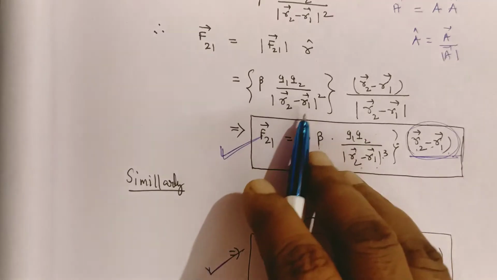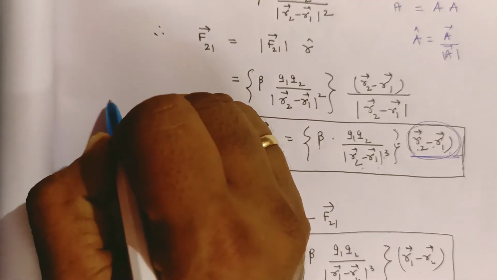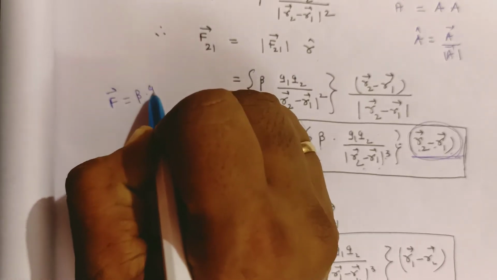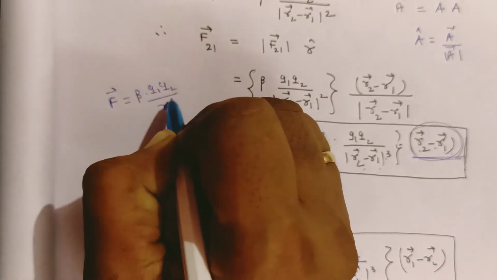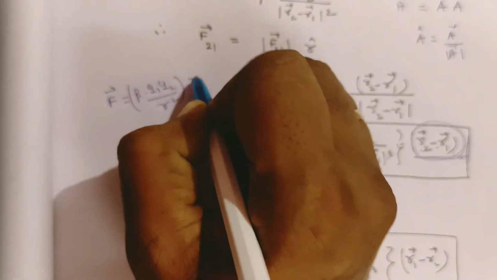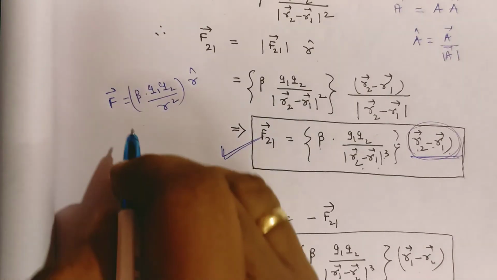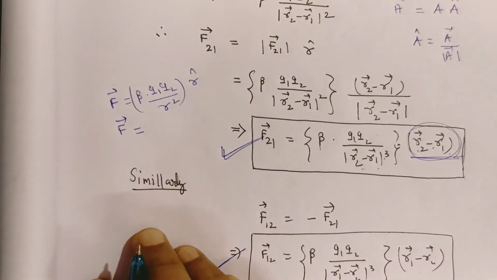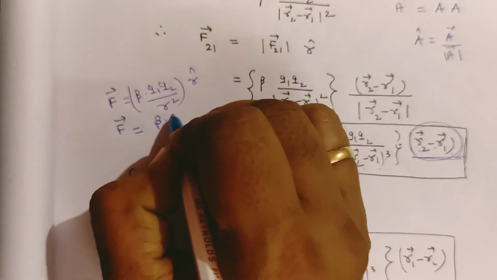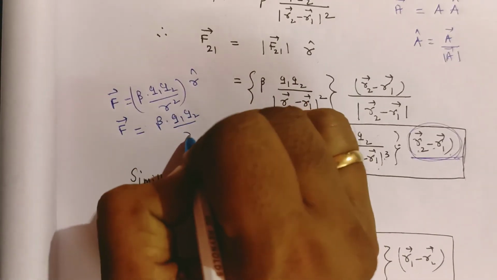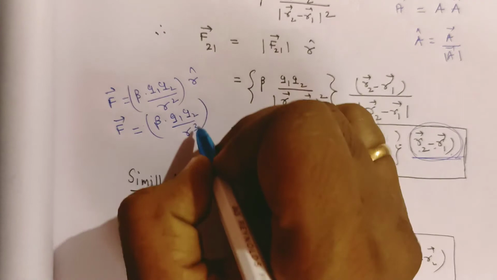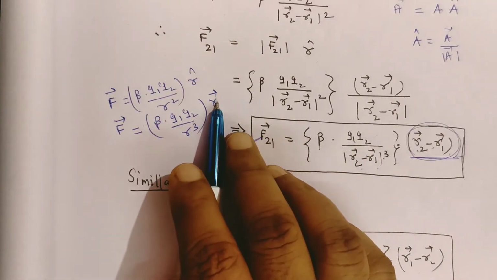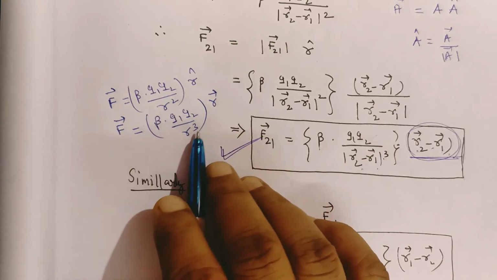These things also you should remember. Again I write here, electrostatic force F = k Q1 Q2 by R square if it is represented by R cap. Sometimes in a multiple choice this expression also comes: F vector is equal to k Q1 Q2 by R cube. Then it changes to R vector, because R cap is represented by R vector by R. R square into R, that is R cube.